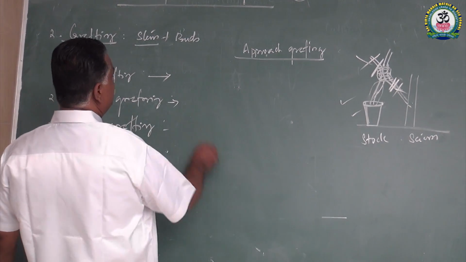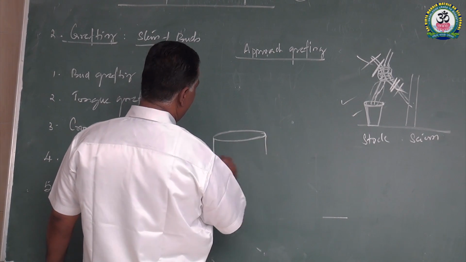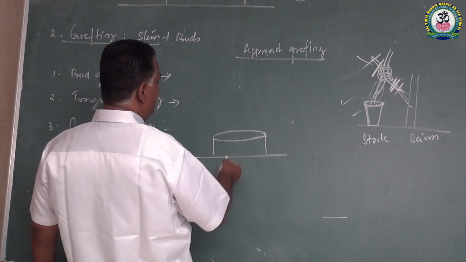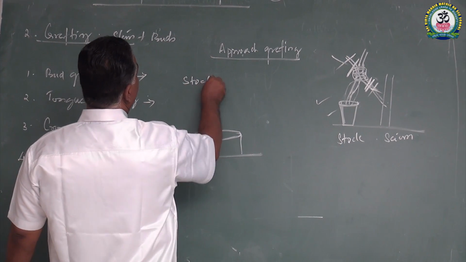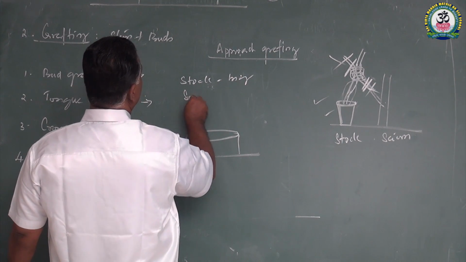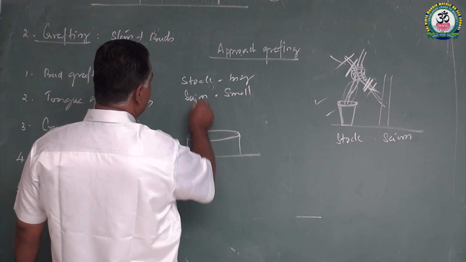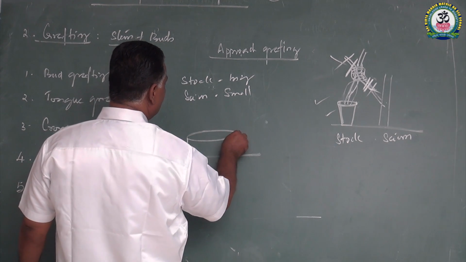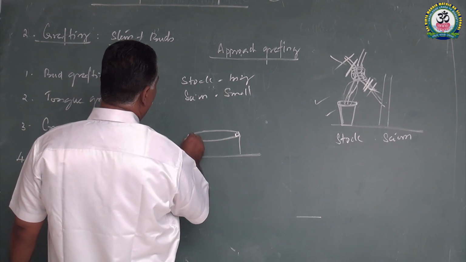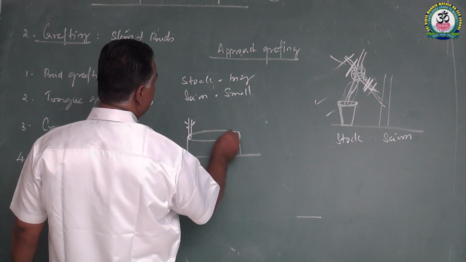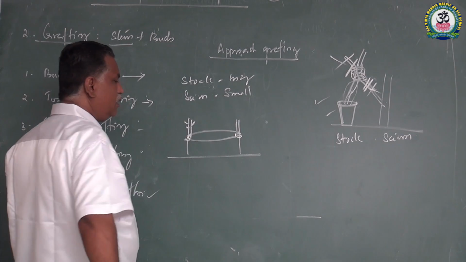And crown grafting. Crown grafting is a method where the stalk has a bigger trunk and the scions are small. Stalk big, scion smaller. See, in the bark and the trunk of the stalk, some incisions or clips are made and they are opened. And the scions, the small plants, are brought together. Here they are placed like this. A connection is made using some artificial things.